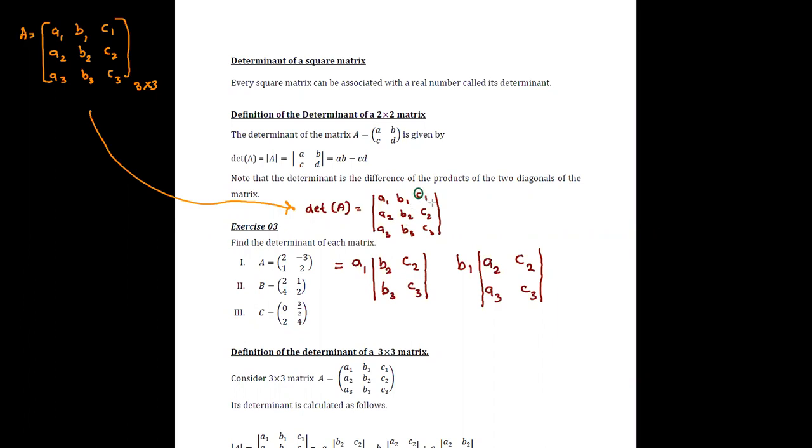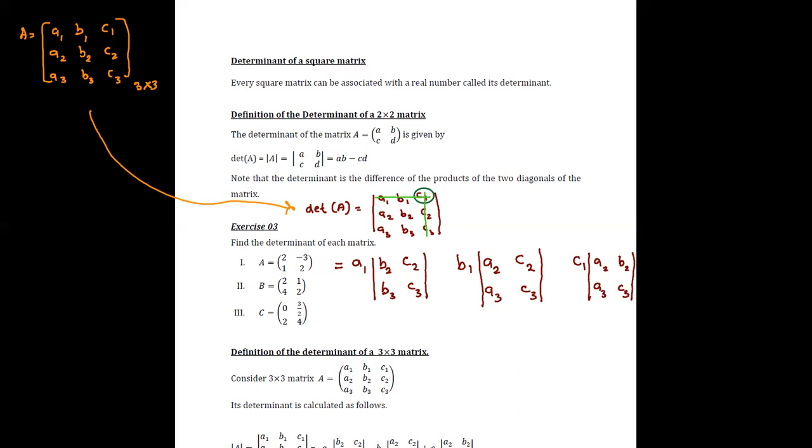here we have to move to the first row, third column element. We can see that first row, third column element is C1. Then the remaining elements have to be written inside this modulus notation. Prior to that, we have to cut off the row and column associated with this C1. Then the remaining elements can be written as A2, B2, A3 and C3.